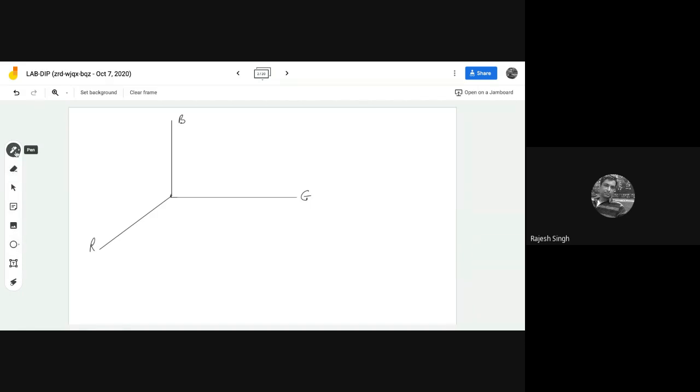Fine. So you know that it's a cubical model. You have done it. So you are here, and that's your cubical color model.